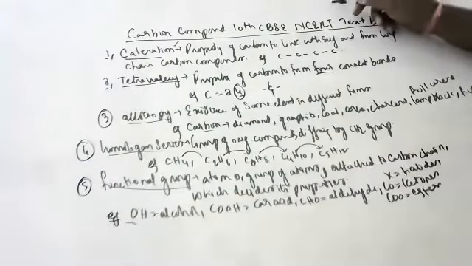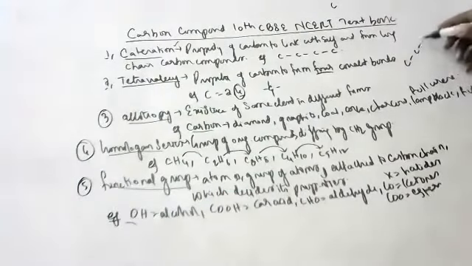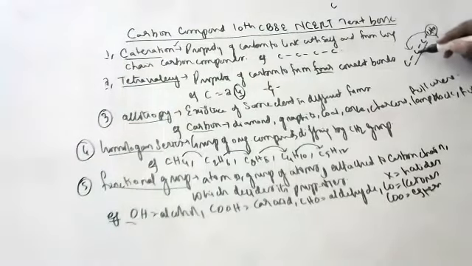Normally this is the carbon chain. If I put OH, it will get alcohol properties. If I put COOH, it will get carboxylic acid characters. If I put CHO, it will get aldehyde characters. So this is deciding the properties of the chain. That is why I said an atom or group of atoms attached to the carbon chain will decide its properties. That is called a functional group.